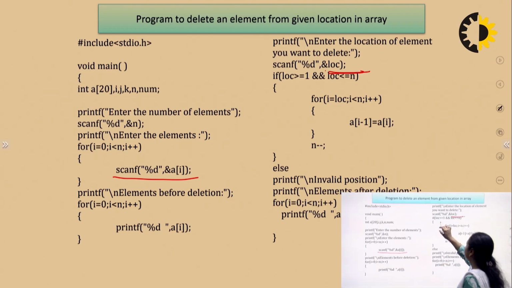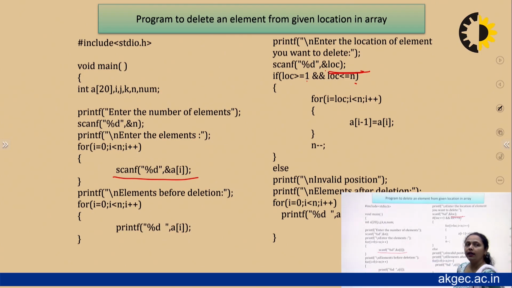Now, deletion is possible only if the location is available in between the index values. So your location must be greater than or equal to 1 and less than or equal to n. Then only we can delete a specific data from the array. So for i equal to location, i less than n, elements are being shifted one place forward so that the gap can be filled up, which is going to be created after deletion of the element,